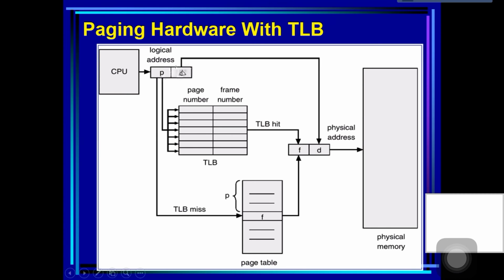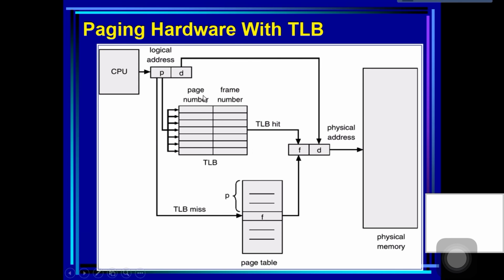The lower end is the page offset, and the higher end is the logical page number. This logical page number is now sent to the TLB and compared with all items simultaneously, in parallel. If TLB hit, that means